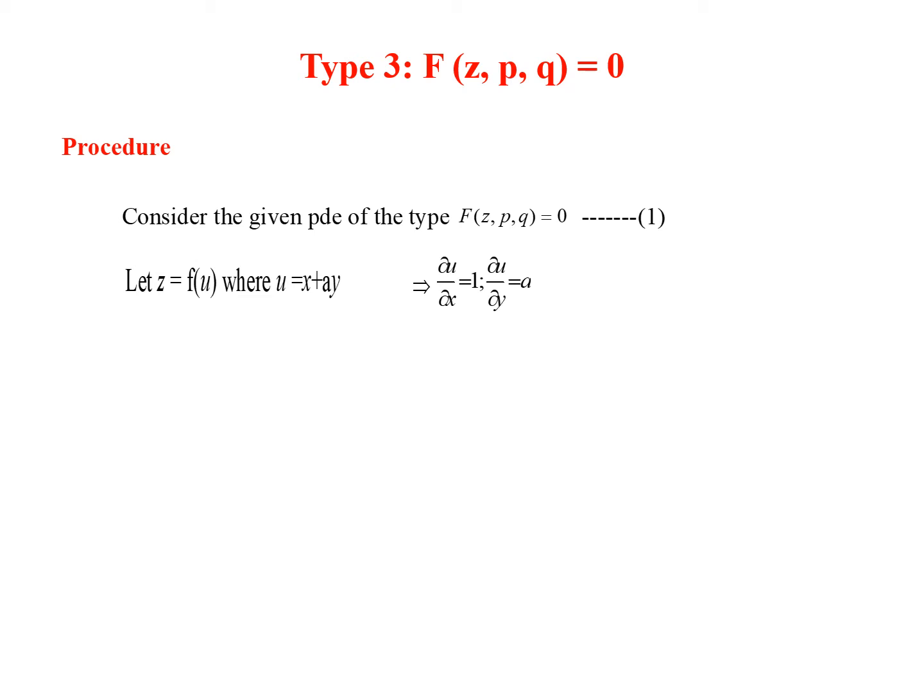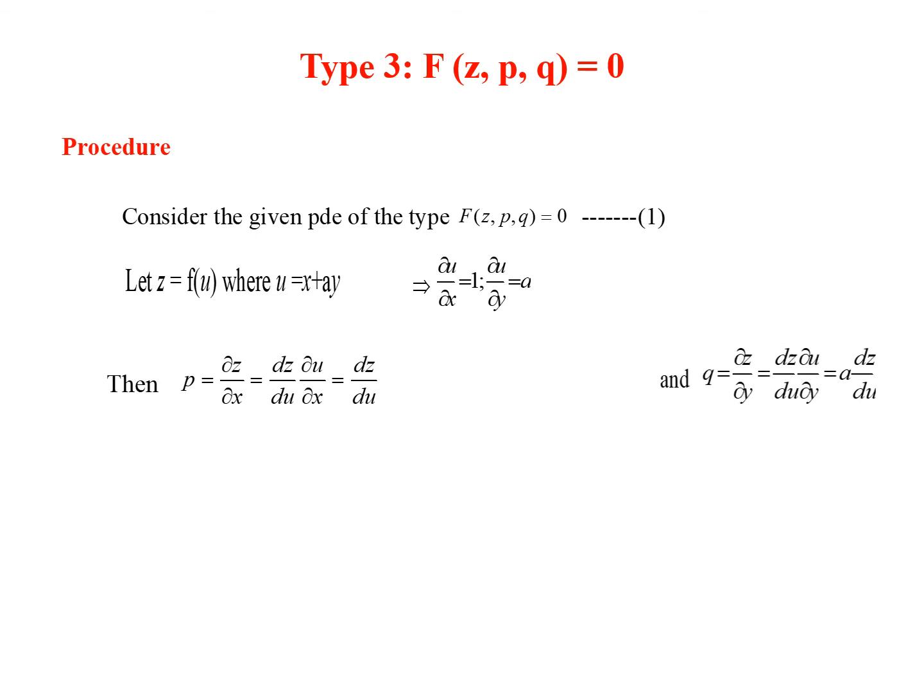But now we need the specific values of p and q because the given equation will be having p and q. So moving on to p, which is dou z by dou x. First, we have to differentiate z with respect to u. So there we have dz by du, because whenever we have a function of a single variable, we do not use partial derivative. So there we have total derivative dz by du, and then differentiating u with respect to x, we have dou u by dou x. The value of dou u by dou x is 1, so the value of p is dz by du.